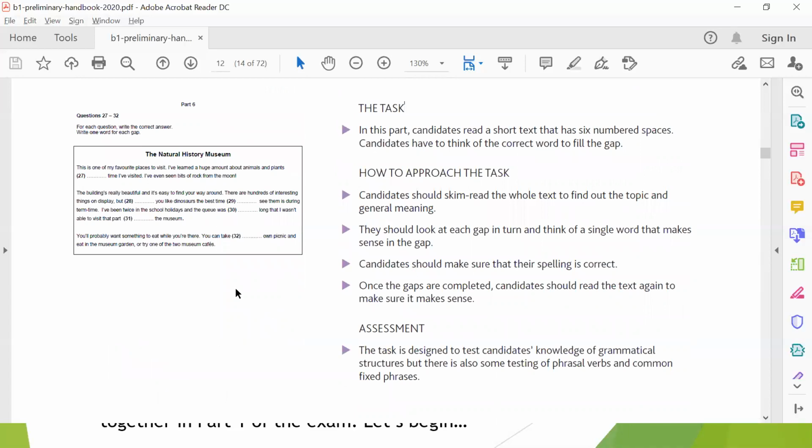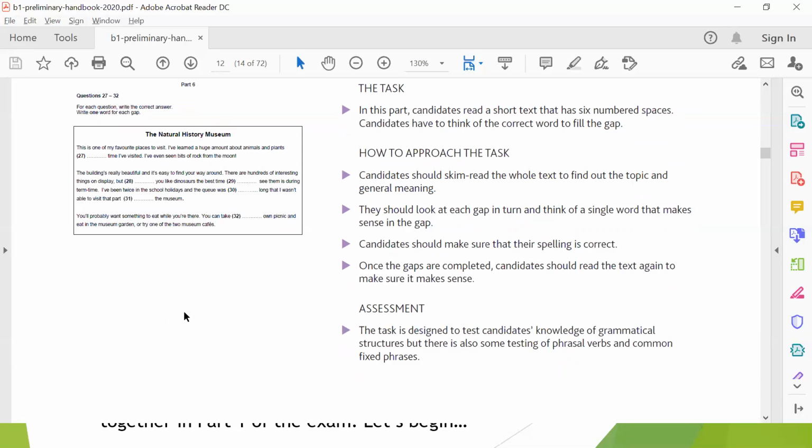Okay, more. They've left out words that need to be replaced, but this time, as you can see below, there's nothing. They have not given them any answers. They're going to have to think of the word. So this is a bit more difficult for them. There's no options to choose from. So this task is designed to test candidates' knowledge of grammatical structures, but there is some testing of phrasal verbs